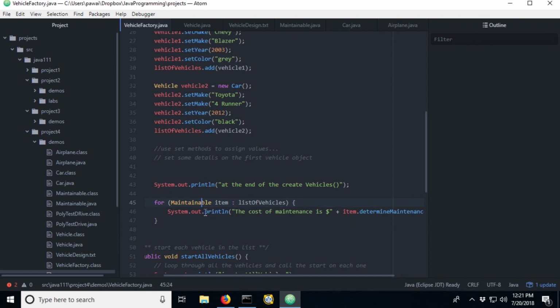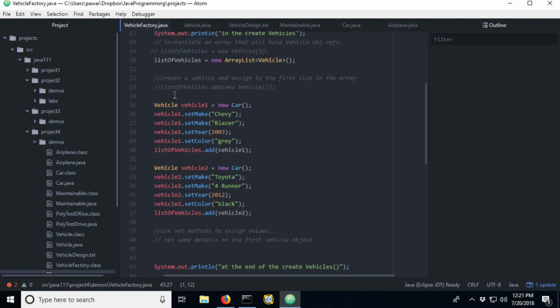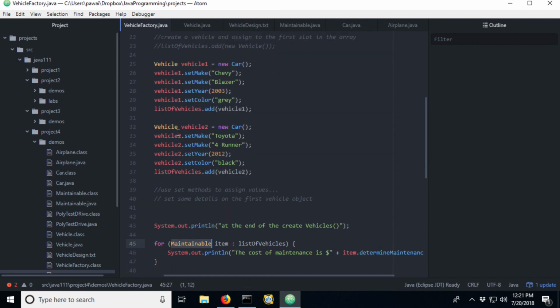So that's a case where we would want to use maintainable rather than each of the various types. If it was specific machinery like printers, for example, that's pretty different than my vehicles. I wouldn't want to treat all of those as vehicle, or vehicle and printer, when all I care about is that maintenance cost.